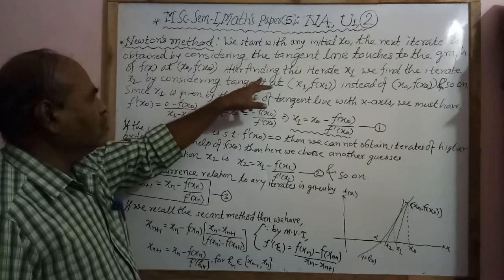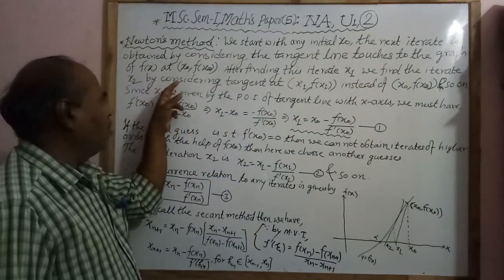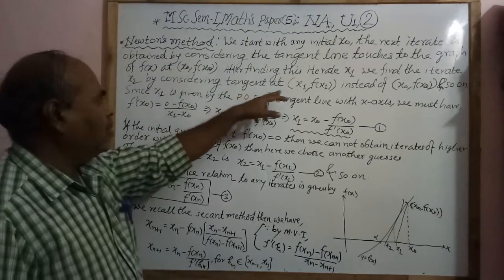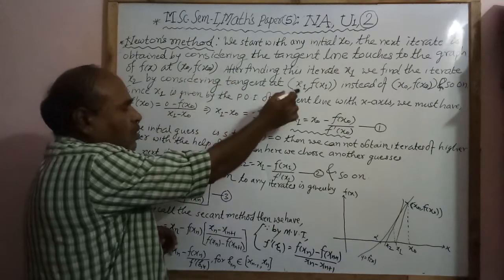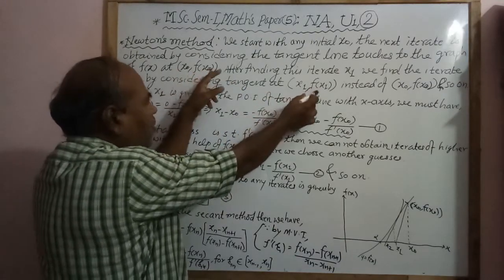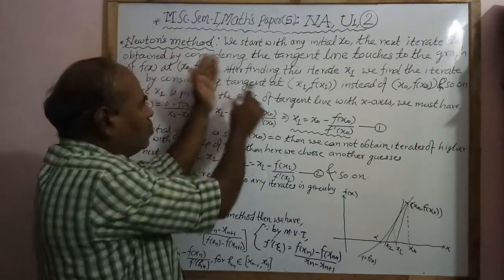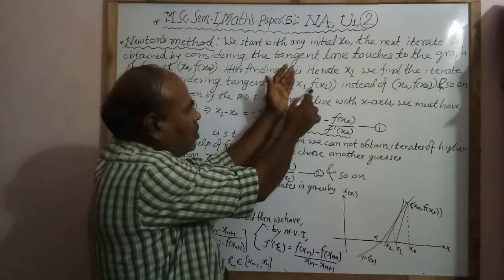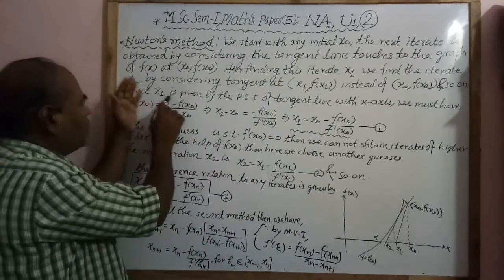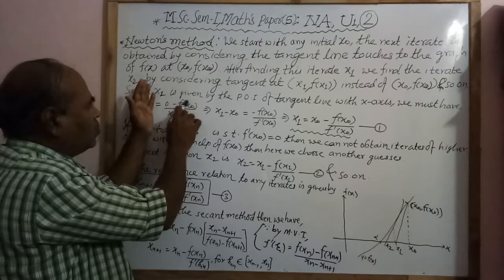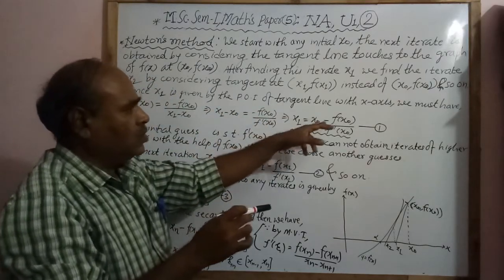After finding this iterate x1, we find the next iterate x2 by considering the tangent at x1, f of x1. Here is x0, f of x0, and the next point x1, f of x1. Instead of taking the point x0, f of x0, we take this point x1, f of x1, and we continue and so on. Since x1 is given by the point of intersection of the tangent line with the x-axis, we must have